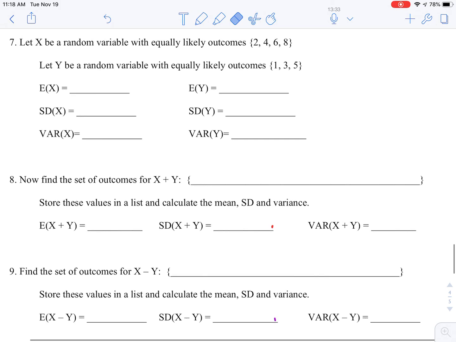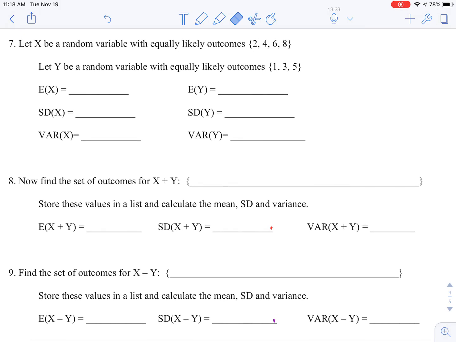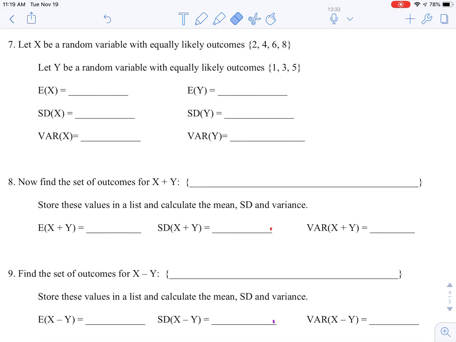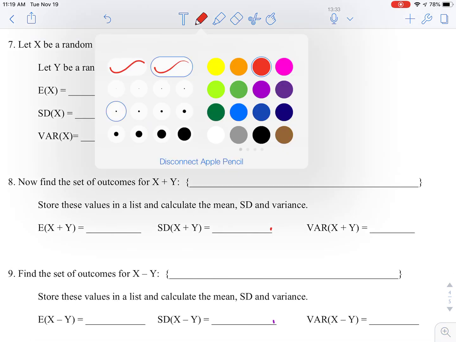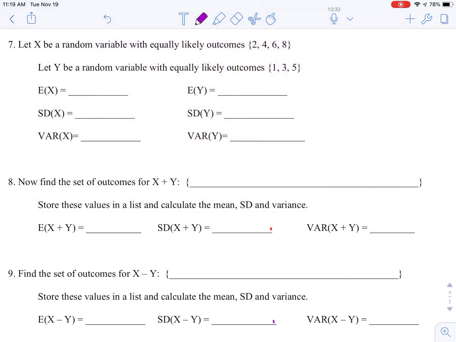In number 7, we're going to look at two random variables and see what happens when we add them. What would happen if we looked at the sums of two random variables? Some interesting things happen. First of all, though, we're just going to simply look at two random variables like we have in the past. So we've got a random variable x that's equally likely outcomes of 2, 4, 6, and